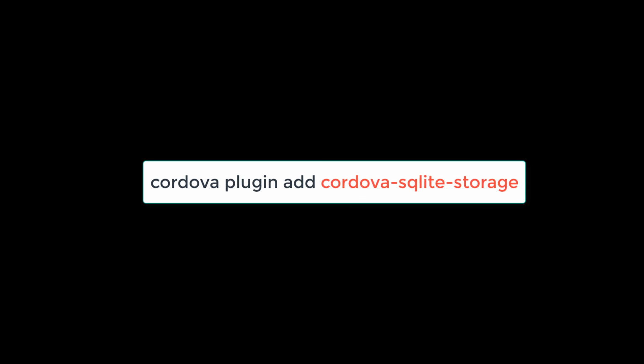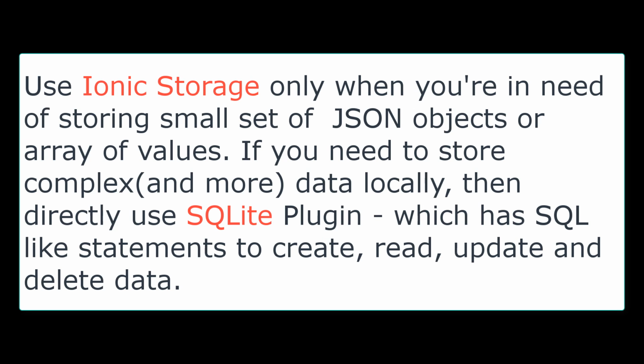On the device, note that it will use SQLite if it's present. For that we need to add the SQLite plugin, which you saw in the beginning of this video. To install that, remember cordova plugin add cordova-sqlite-storage. This plugin must be added. If it's present, Ionic Storage will prioritize this storage engine and use it, or else it will fall back to maybe local storage or IndexedDB,